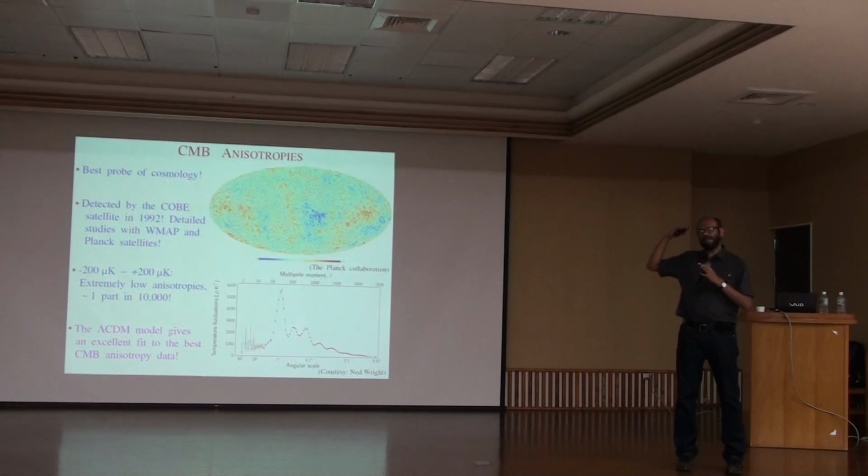We get spectacular measurements of the microwave background with these satellites, such as the Planck or WMAP or COBE satellite. Get more and more accurate measurements. And then we try to fit the best model to curves like this. And you constrain the parameters of the universe by fitting them to these data.